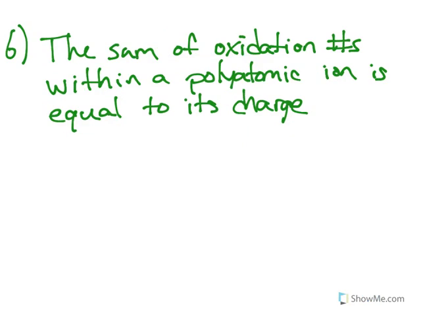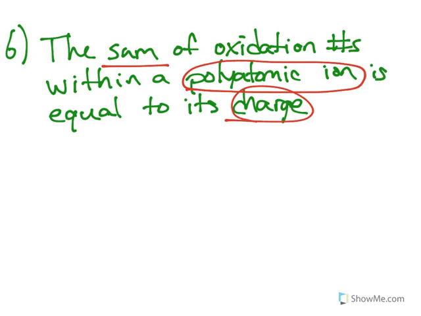Well, the same can be said about polyatomic ions. The oxidation numbers within a polyatomic ion have to add up to equal the charge of that polyatomic ion. So if you had the polyatomic ion sulfate, which is SO4 with a 2- charge, we know from our previous